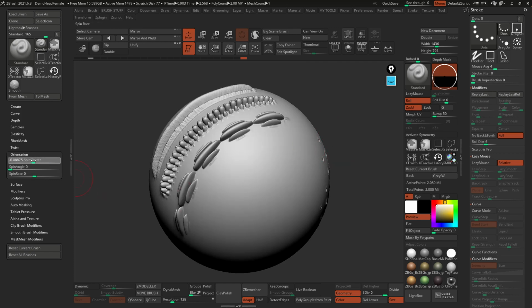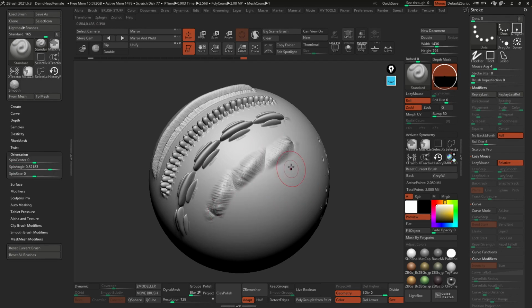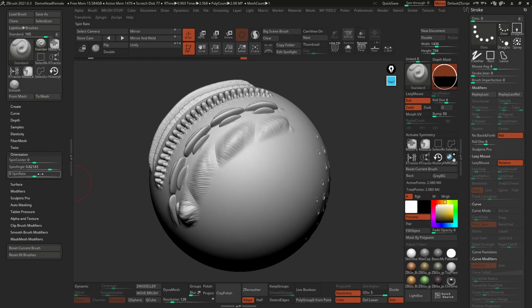So I'm going to reduce this quite a bit. Not interested in changing the spin center, but the spin angle would be more evident. So the spin angle is kind of like rotating that pivot that I just demonstrated. You'll see just by doing that, it rotates that alpha. You can exaggerate it a bit more. And now we're starting to get something a lot more interesting in terms of what we want to achieve, which is that sort of scar tissue. And this is just rotating or spinning that alpha on itself as we drag. So that's pretty cool. I'm going to leave that one there, another stroke, and also the spin rate.